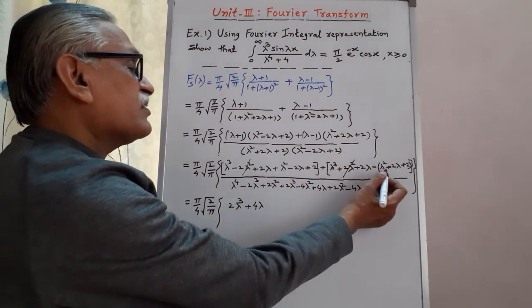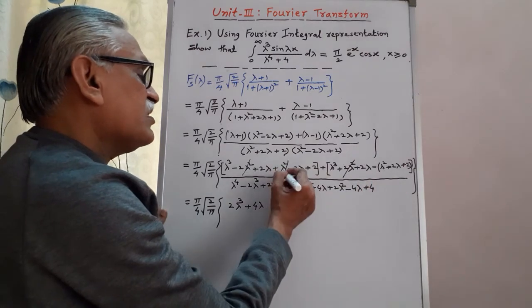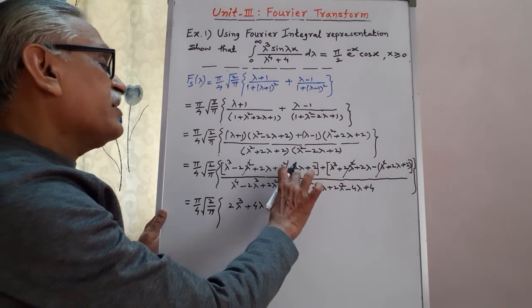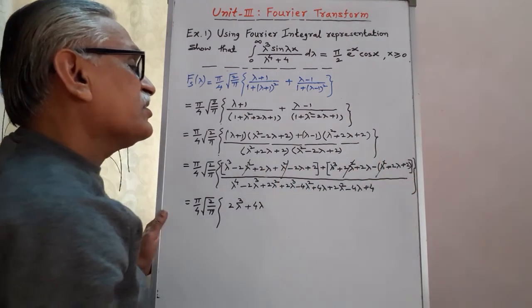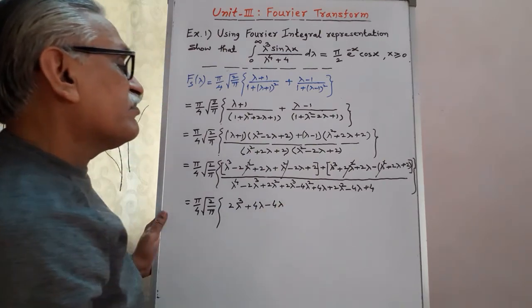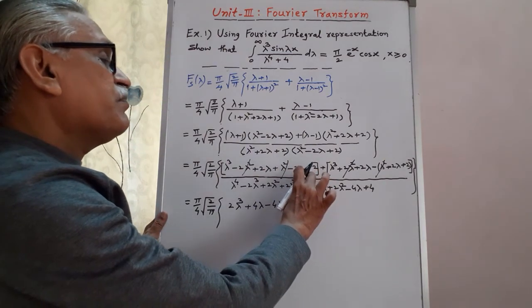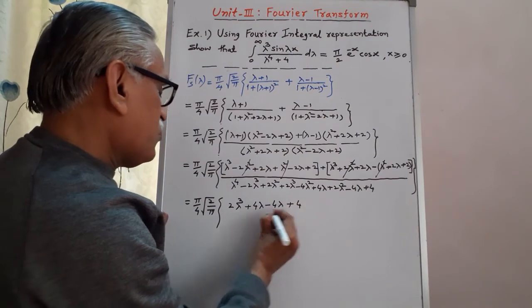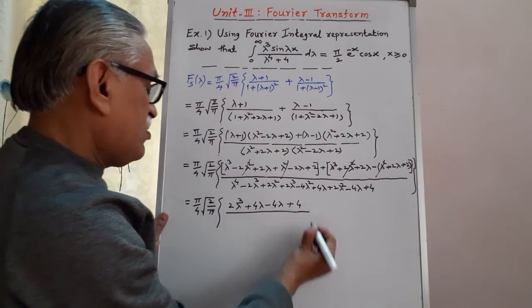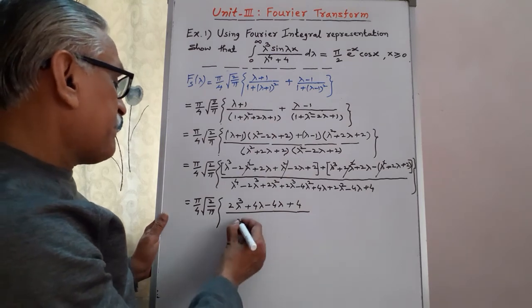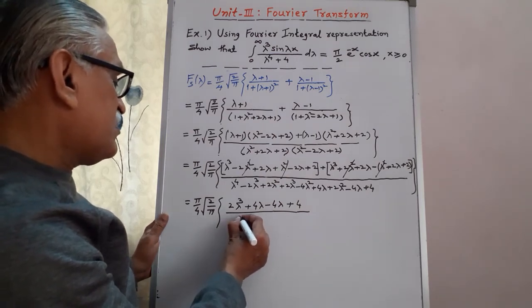This lambda square minus lambda square get cancelled. Minus 2 lambda minus 2 lambda, we get minus 4 lambda. Plus 2, we get 4, divided by